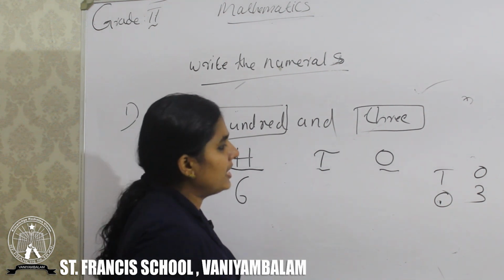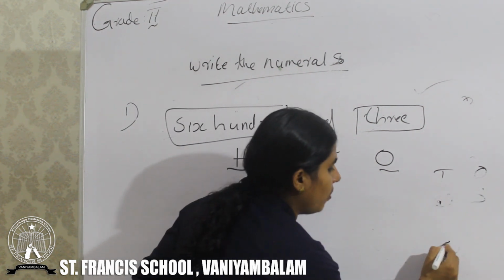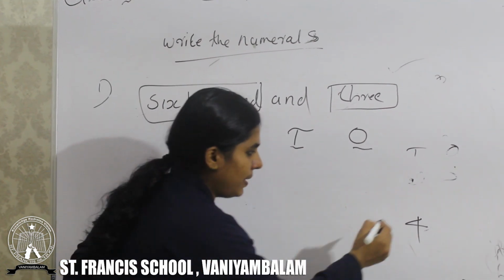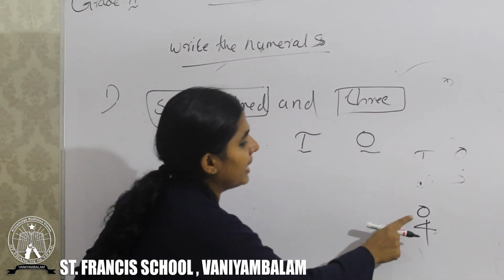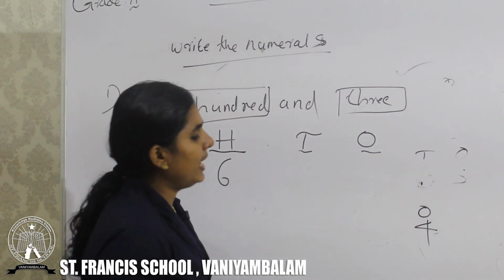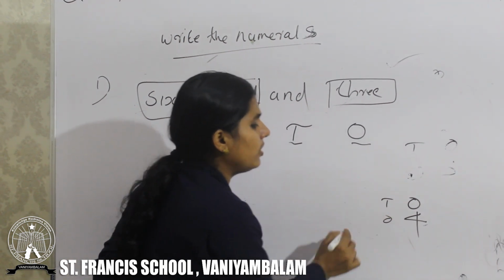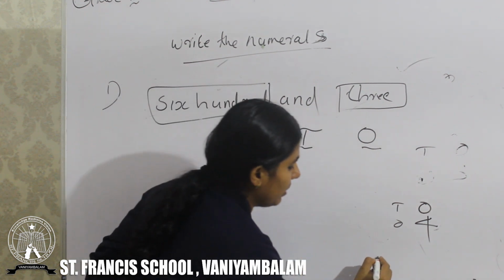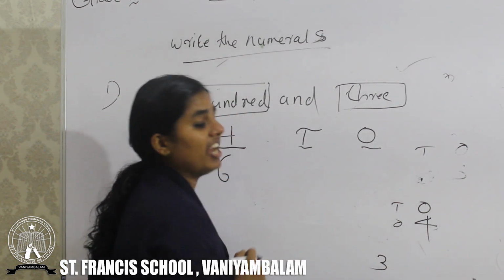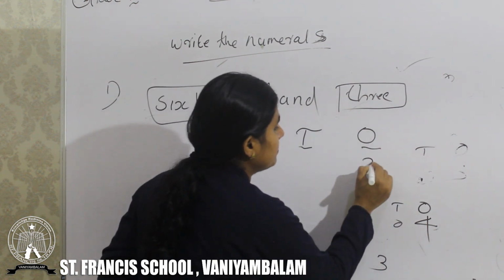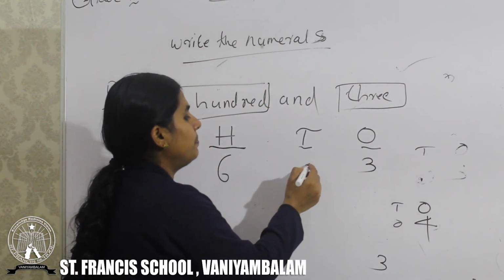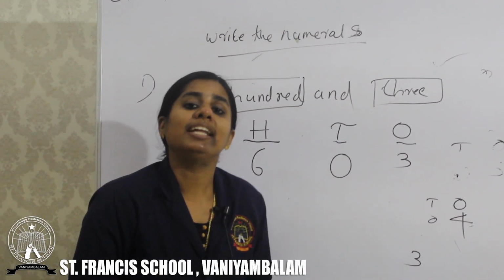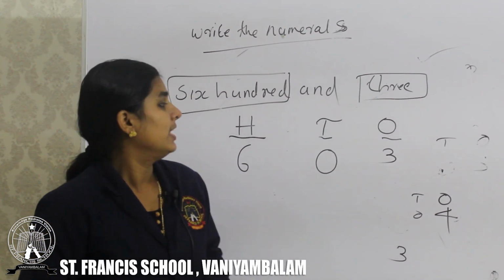Okay. I hope you understand this. That means I will give you number 4. Here we have only 4. That 4 is in which place? Ones place. We have only a single digit number, so it is in ones place. Then tens place we have which number? 0. That is number 4. Here we have 600 and only number 3. This 3 stands in ones place. Then tens place we want to write 0. That is 603. I hope you understand this topic.